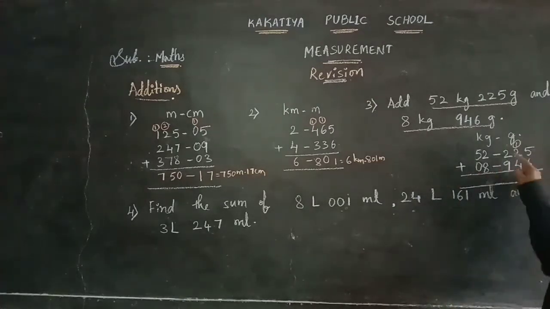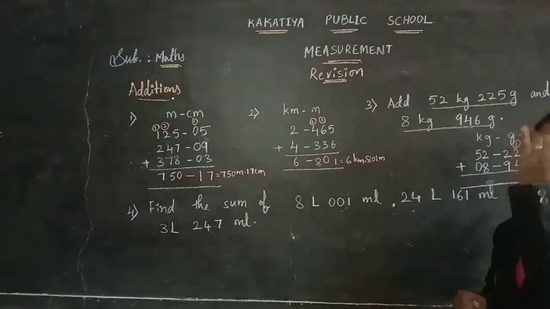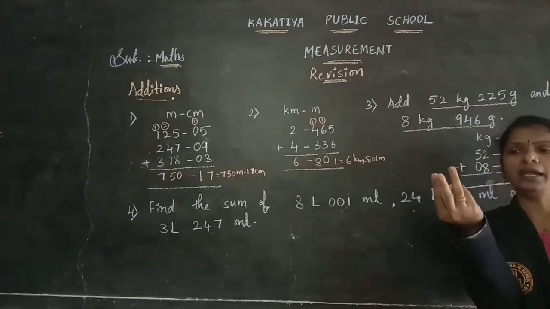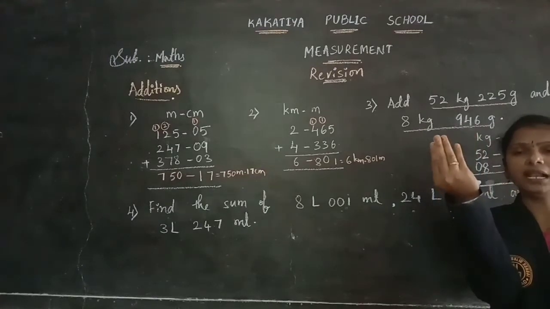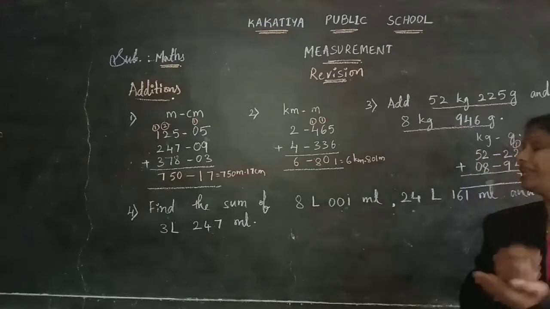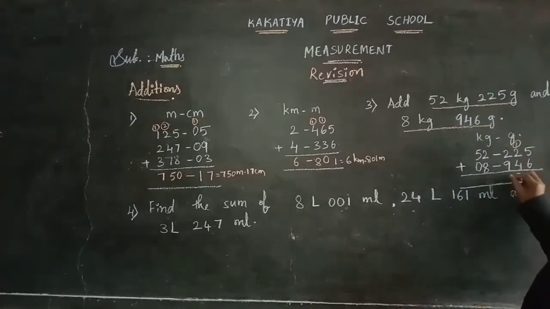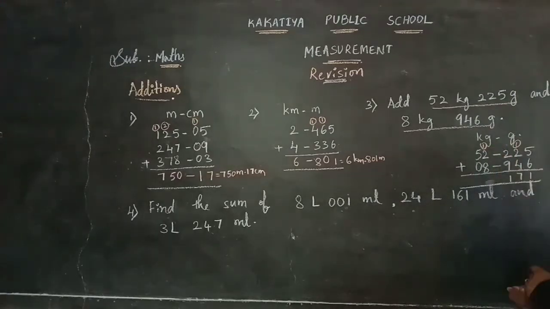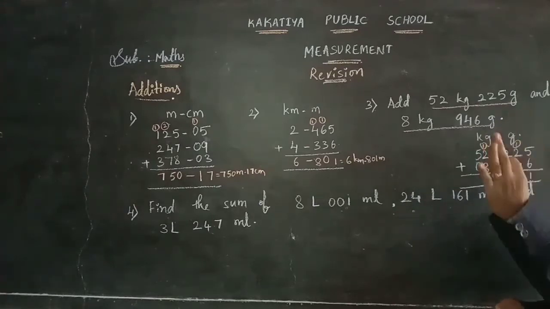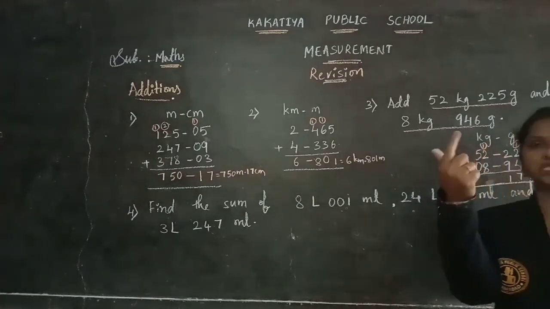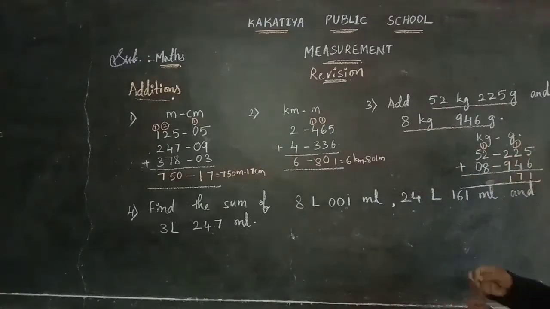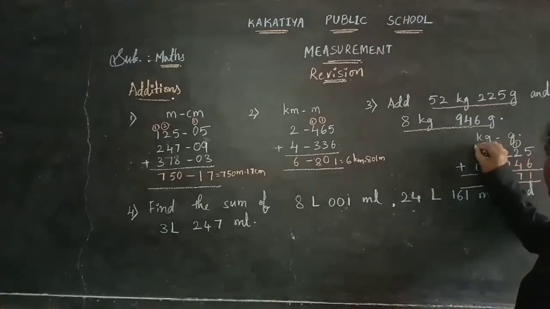Okay. Now 2 after next 9: 3, 4, 5, 6, 7, 8, 9, 10 and 11. So we are getting 11. Okay. Next 9 means 11 we are getting. 11 means here 1 and 1 carry on before. Now 1 plus 2, 3. 3 after next 8: 4, 5, 6, 7, 8, 9, 10 and 11. So next 8, when we are taking, 11 we are getting here. So 1 and 1 carry.